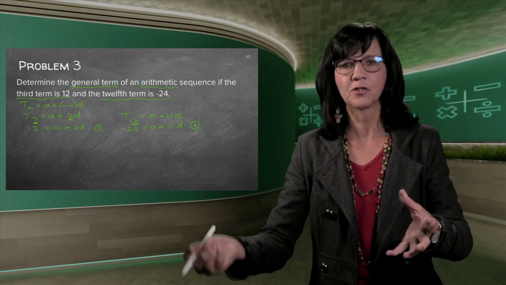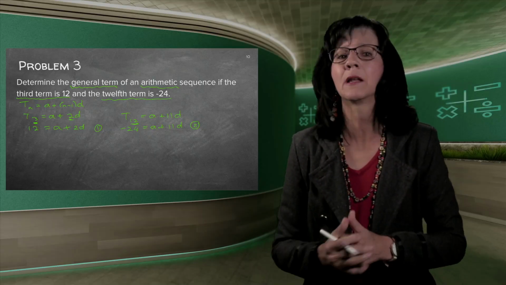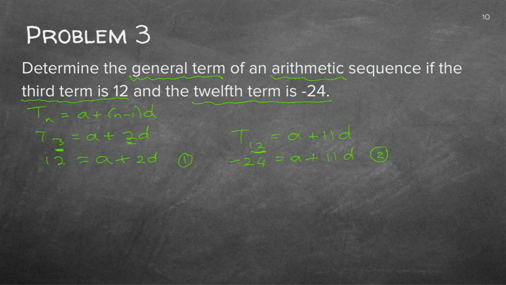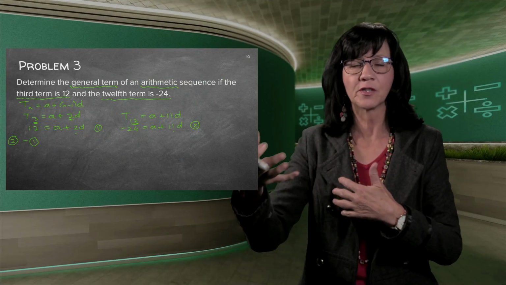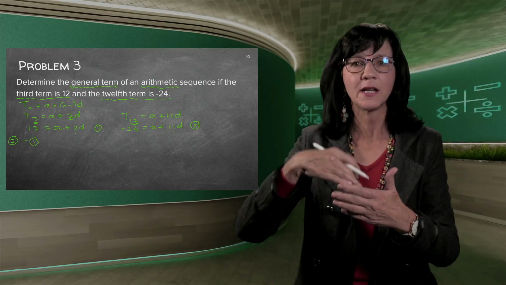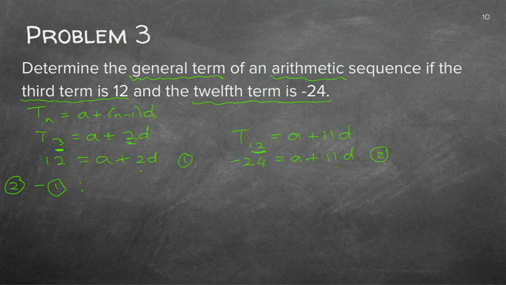I can either substitute the one into the other one, or if they're in the nice pattern like this one, you can just subtract them from one another. So let's see. There's 11d, there's 2d. So I'm going to say equation 2 minus equation 1, because I do not want to work with negatives. If you always look at your bigger d, if it's the d that's going to be left over, if you subtract these two equations from one another, then you rather do the bigger d minus the smaller one, then you don't have to work with negative numbers. So I'm going to start there.